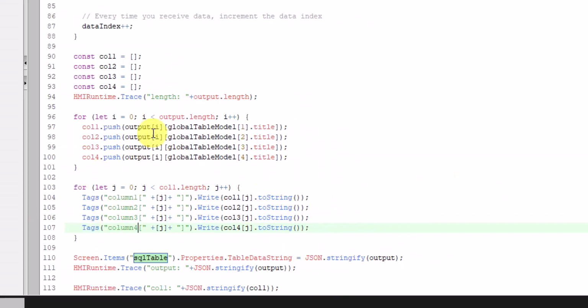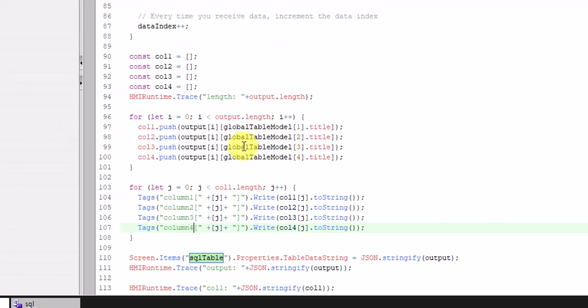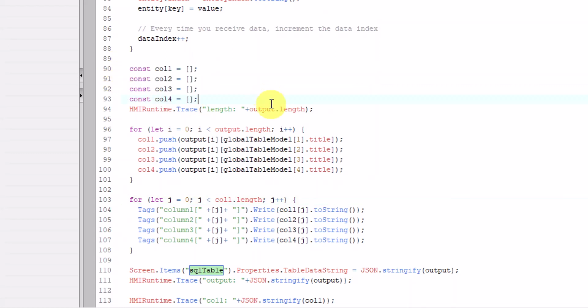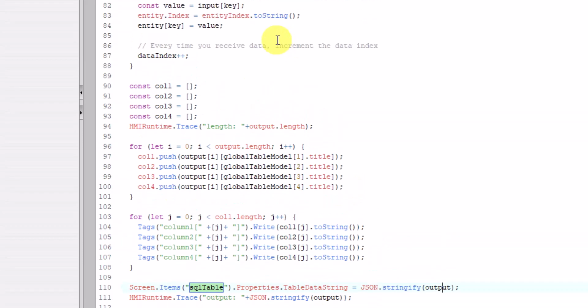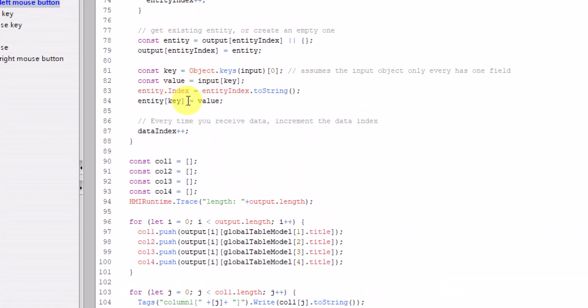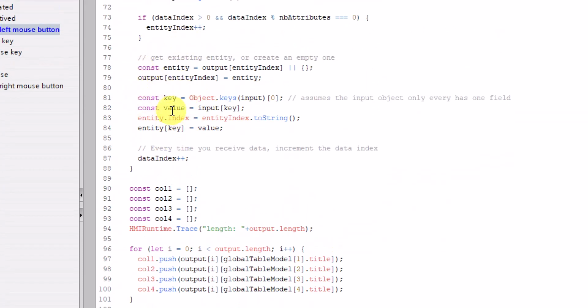So basically, this is just a mapping of what we have as a data structure of array of objects in JavaScript of our SQL Table Viewer, but we map this to internal tags. So I just do a for loop of the length of the column we've built. I took the length of column 1, but that should always be the same value. I don't see why that could not be the same value, but yeah, that's how I map the value to the internal tags or the WinCC tags. And then here I just say that the SQL table data string property is going to be my output. So the output is created here, and that's basically my data set,